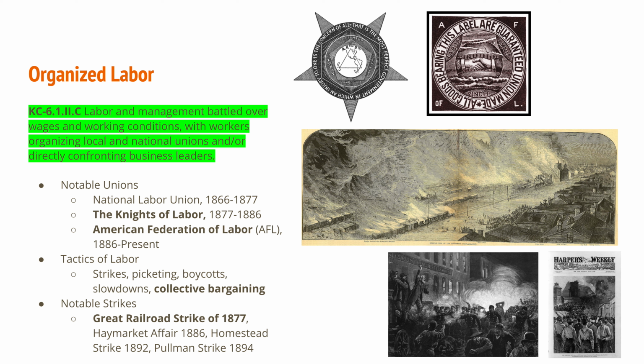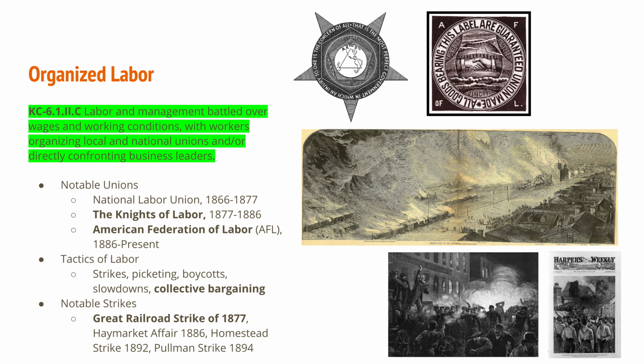As you can see, some of these strikes and tactics are going to get violent. The notable strikes here are the Great Railroad Strike of 1877. This is the first really big one, and it started in the railroad industry, but then it expanded into a lot of different industries. So it was a nationwide strike that covered more industries than just the railroads. Eventually, President Hayes calls in troops to stop the strike. That was one of the first instances in which troops are called to stop the strikers and get them back to work.